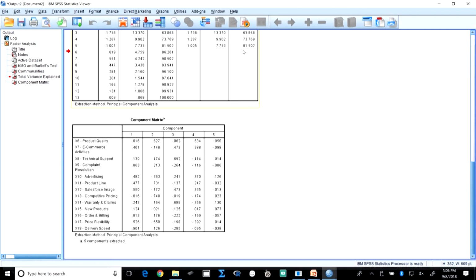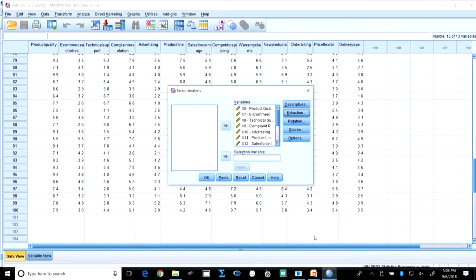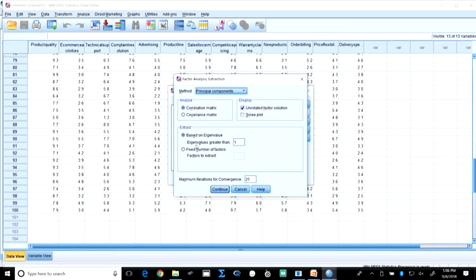So, if I reduce it to 6, for example, because of some theoretical understanding, the variance explanation will also go down. From 81 it might come down to 60 or 70, possibly, or even lower, I do not know. So, you have to do it and check. Suppose you take the first 6 variables which you feel are explaining 70%, which is decent enough, not bad. Then, instead of eigenvalue, you can say 6 here, right. So, this is one thing that you need to understand, but here we are going on the eigenvalue, right.